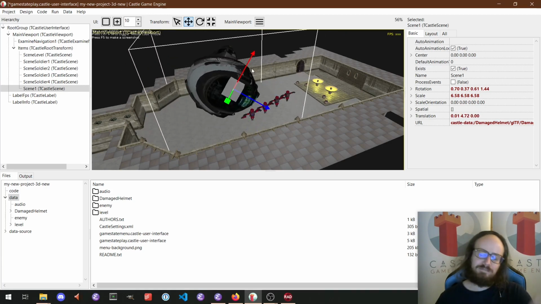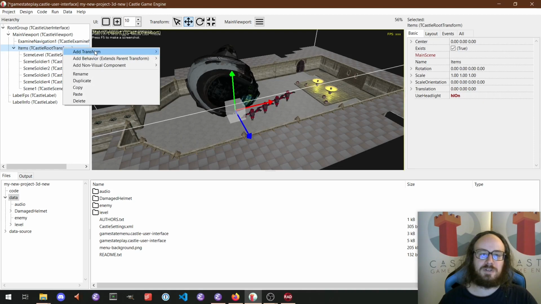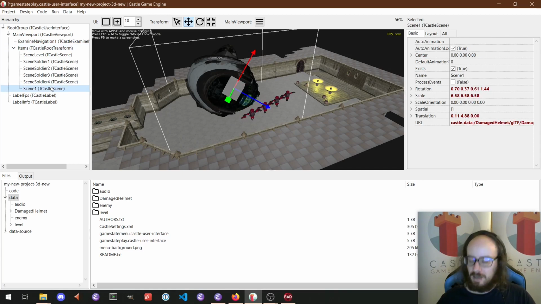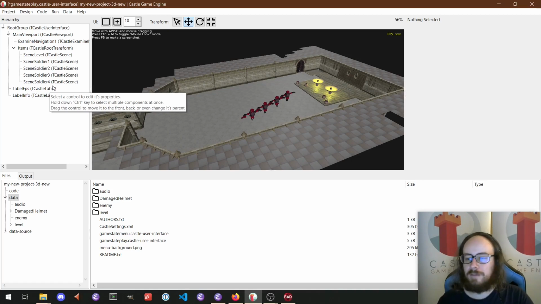This is the way to make a, I mean, this is a silly thing I'm doing, but if you do it with some proper idea in your mind, then this is the way to design levels using Castle Game Engine Editor. I mean, you just drop a number of castle scenes into your level. You can arrange them in a hierarchy using the castle transform class, and you can create a big level from many small assets that you have this way. For now, let's actually remove this scene,